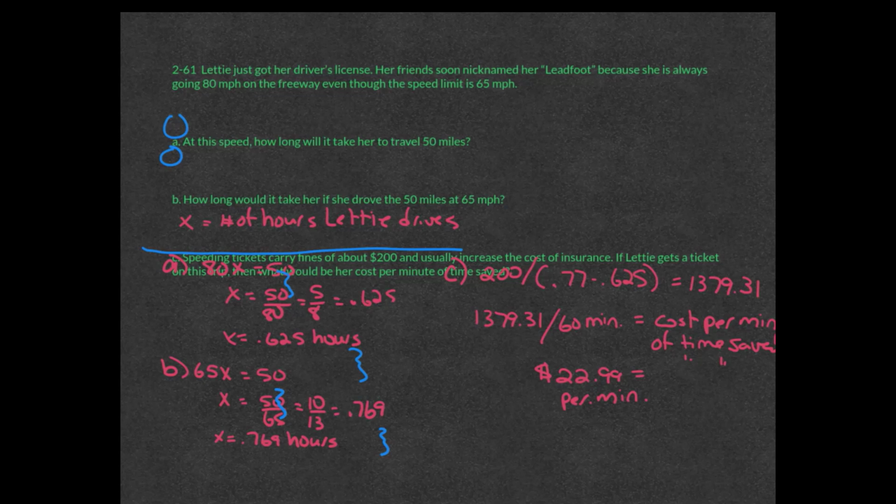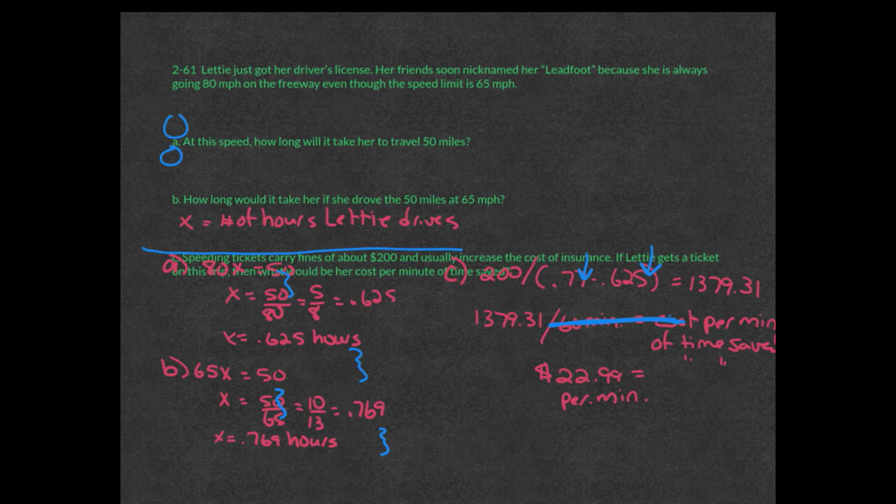Well, then it said speeding tickets carry fines of about $200 and usually increase the cost of insurance. If Letty gets a ticket on this trip, then what would be her cost per minute of time saved? So that's where you see this, the time saved. This is the actual of 0.77 if you're following the speed limit. This is what she did at 80 miles an hour. So I'm subtracting those. So 200 divided by the difference between the actual and the time it took her is